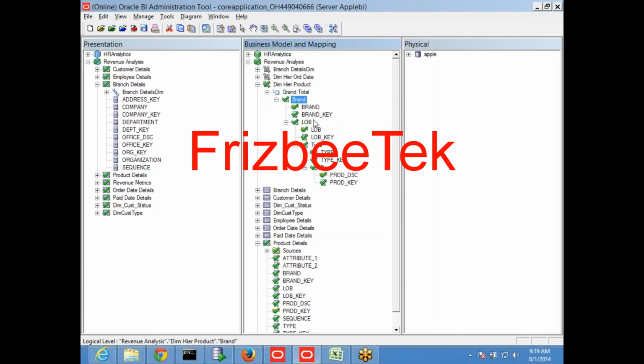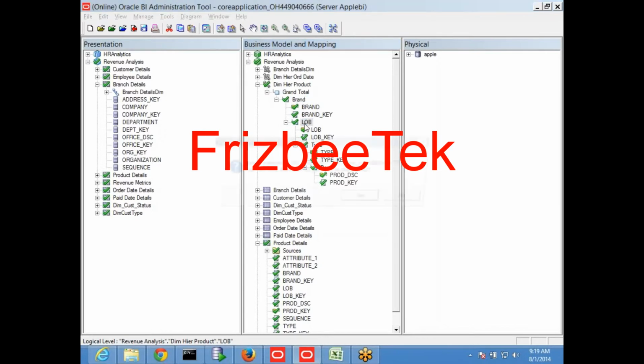But in the next level, how many columns do we have? Two columns. Out of these two columns, OBI will never display two columns. It will only display one column. So you have to decide, whenever you go to the next level, which column you want to use to display in a report when somebody clicks to come to that level. That is called use for display.